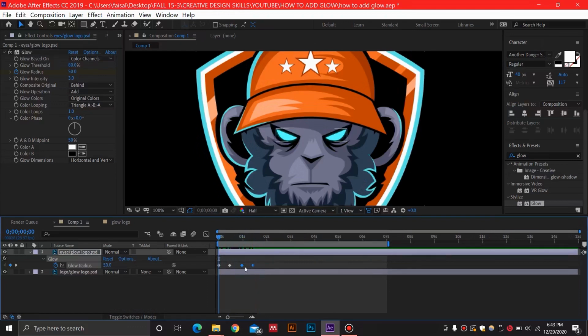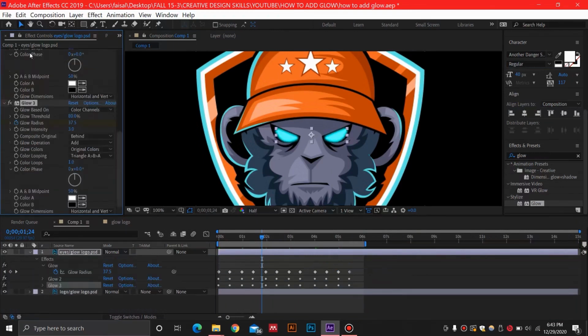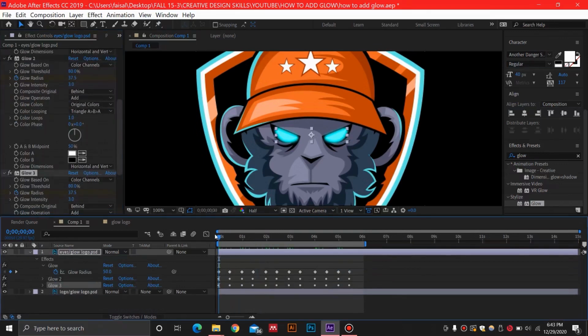Then what I'm going to do is select all 4 of these, Control C, and then just go ahead at 2 seconds and duplicate this. Go to 4 seconds, duplicate this again, and you can just continue. So let's just end this composition at 6 seconds maybe. So you can see that slight faint glow has been added, but this is not enough. So what we are going to do is press Control D on this glow 2 times, because one glow just isn't enough, and this will duplicate our entire glow. So you can see that this effect has really been added, and it's looking a lot better.